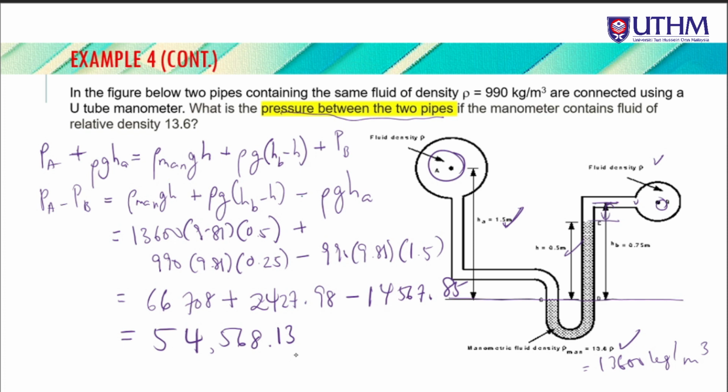This is the value that we should get for the pressure difference between the two pipes, ataupun unit dia Pascal lah. Okay, alright, so simple kan? Alright, so we go for another